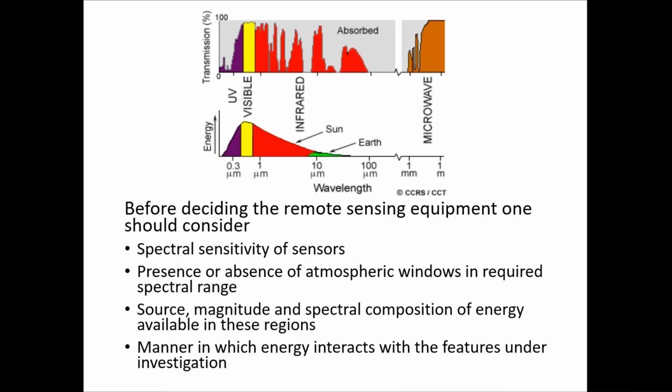Is that clear? If you look at this graph, the upper graph is what we saw in the previous slide, the transmission percentages for different wavelengths, and the bottom graph is the spectral radiance or spectral radiant excitance versus wavelength. Here you can see the green color. This is the earth feature. The dominant wavelength for the earth features was something about 9.8 micrometer, isn't it? Do you remember? And for the sun it was in the visible range. Do you remember this graph?